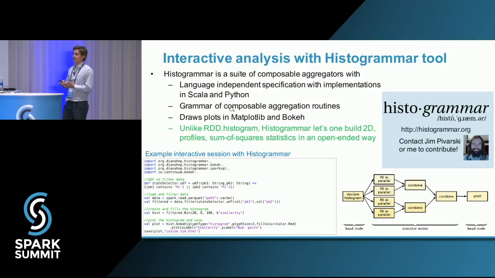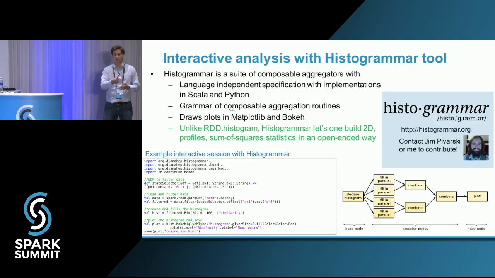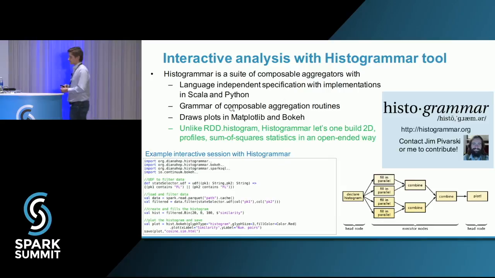The current most advanced implementations are in Scala and Python, but there are also other language bindings, for Julia, for instance, and Haskell. Unlike the RDD histogram method available in core Spark,